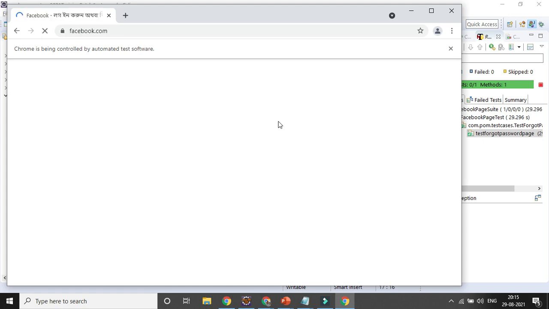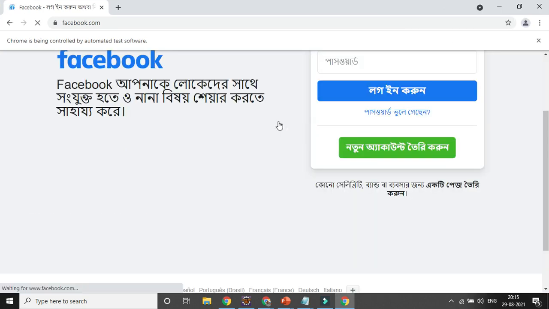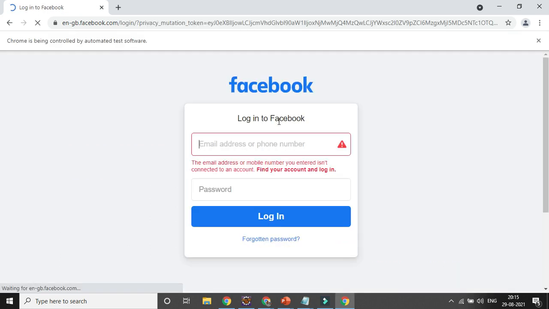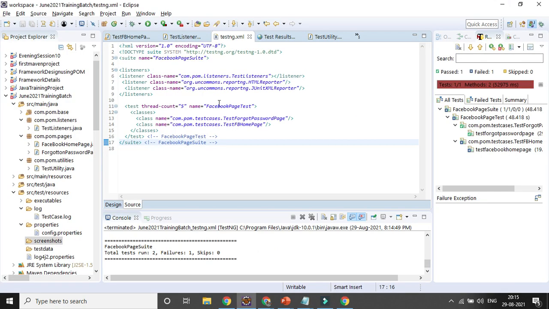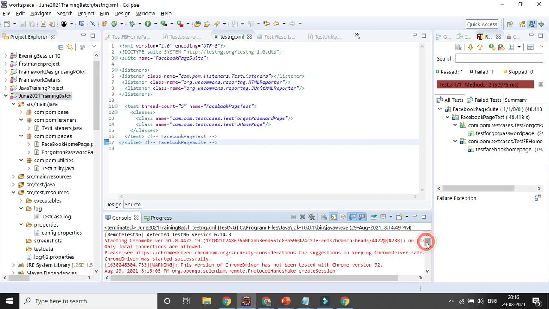That test case is also running, then the next test case, and it will definitely fail because of the error message discrepancy. It will open your browser so that it can take the screenshot because of the failure. Now try to refresh the project. You can see there are two test cases, and one has failed. What is the failure reason? You can get it from here, right?